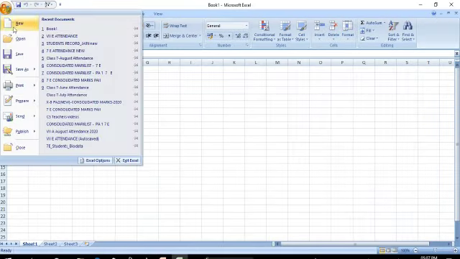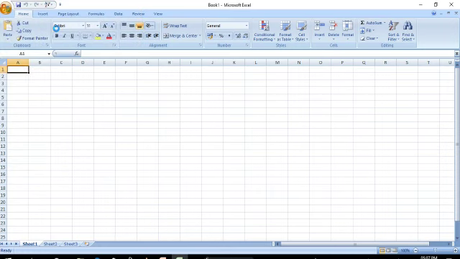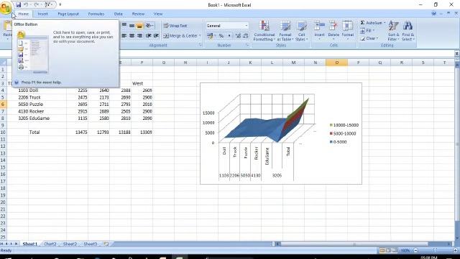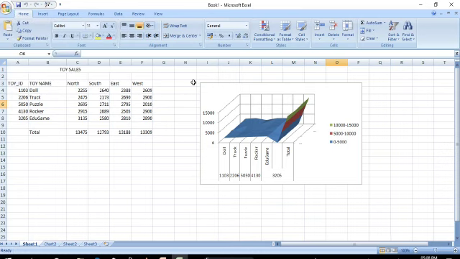Then I would like to open the chart. See, I opened that file. I get back the chart too. So this is a way to save and retrieve the chart. You just save the workbook. Along with the workbook, the chart can also be saved. When you retrieve the workbook, the chart can also be retrieved. Okay, this is the way of saving and retrieving the chart.